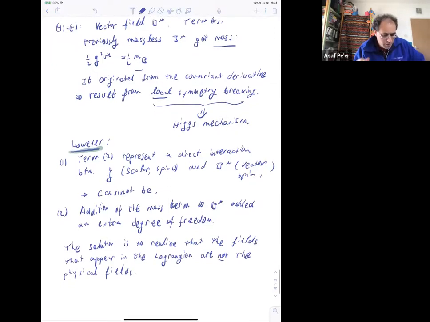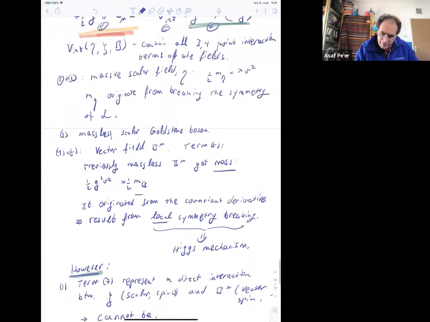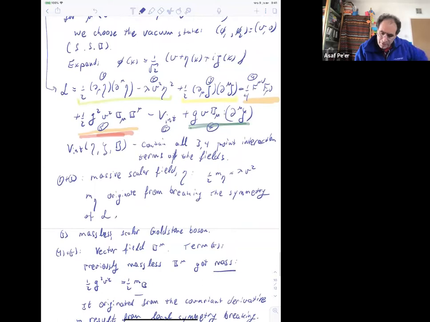Right? So in fact, we can eliminate the Goldstone term from the Lagrangian by noting that everything that involves the Goldstone,